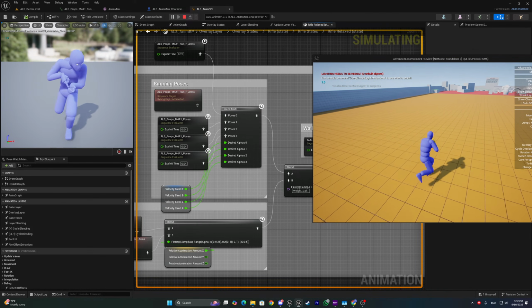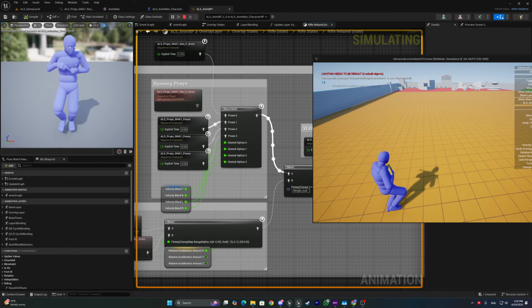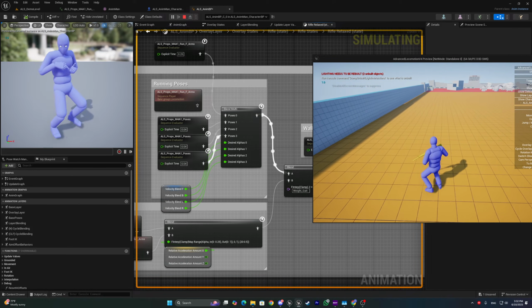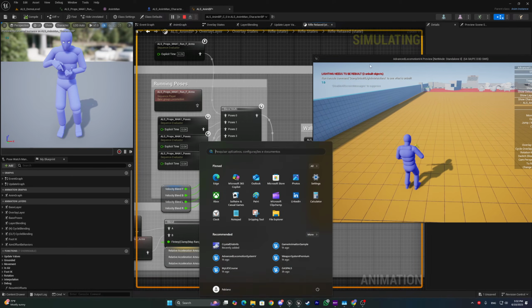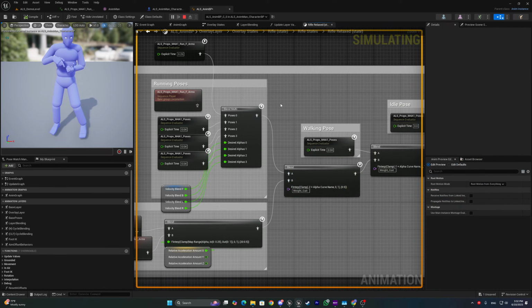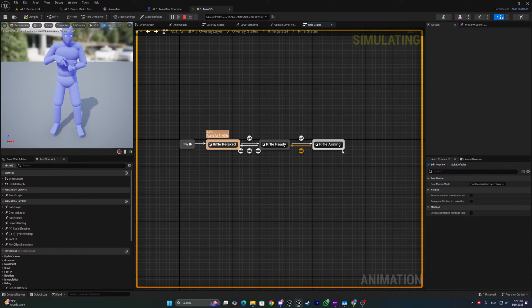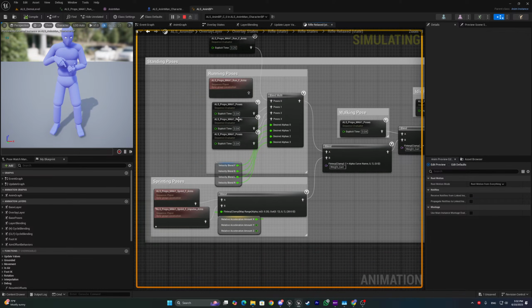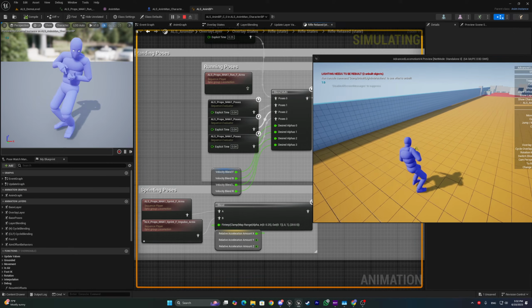Oh yeah, we have the... Yeah, if you're going to the right or left, as this is the rifle relaxed state, if we try to aim, then it's going to go to another state, which is not what we're looking for right now. So if you go,